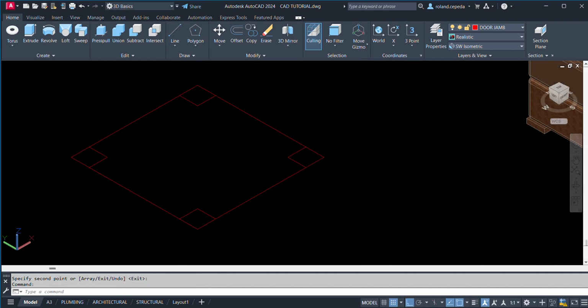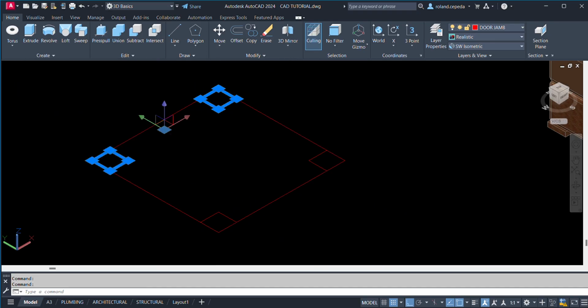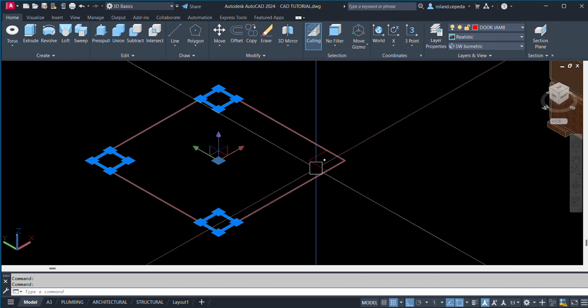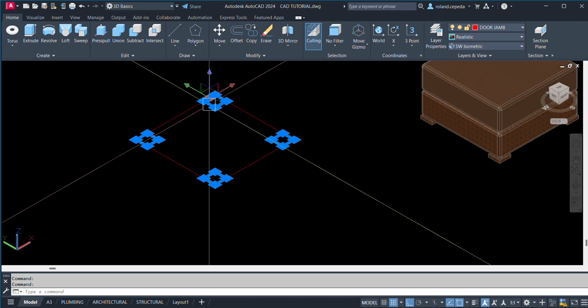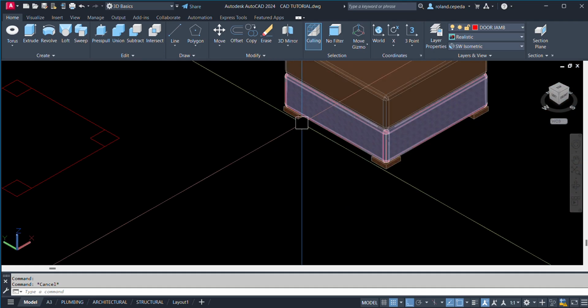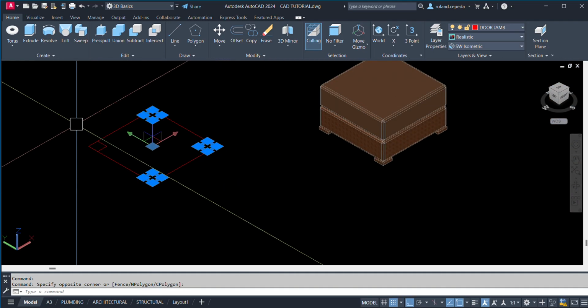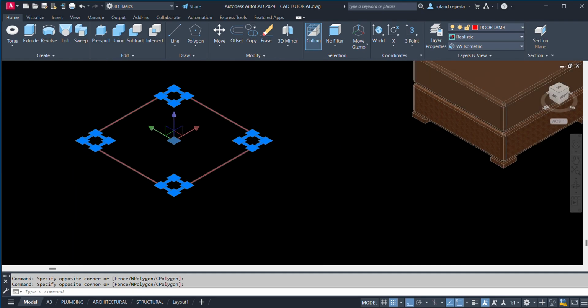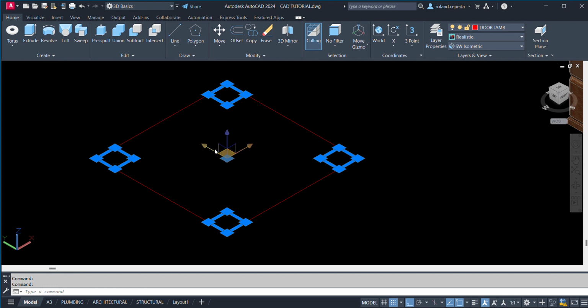Okay. So the next thing to do is extrude the squares for the footer, just like this one. So I'll just select all the four little squares, and then extrude them.